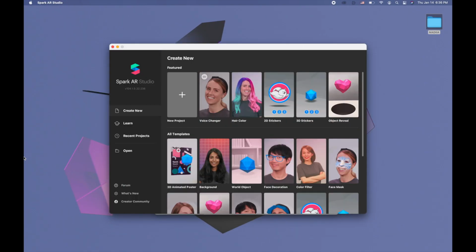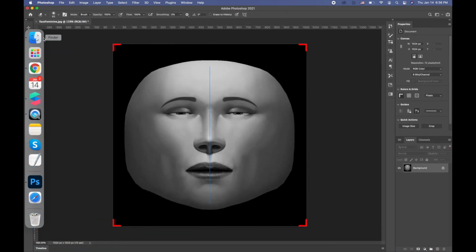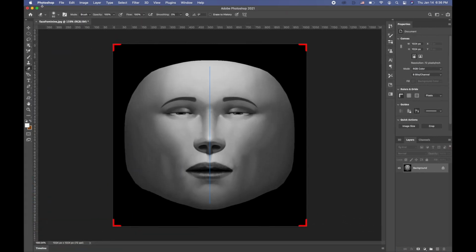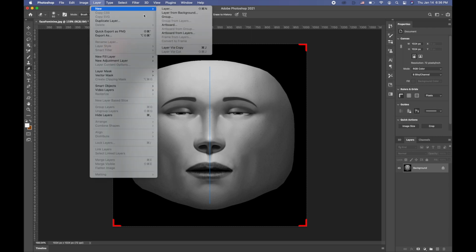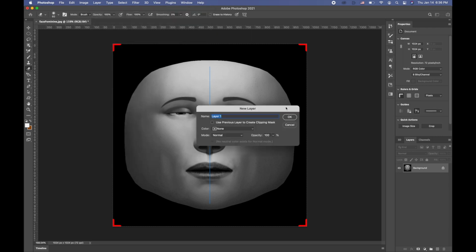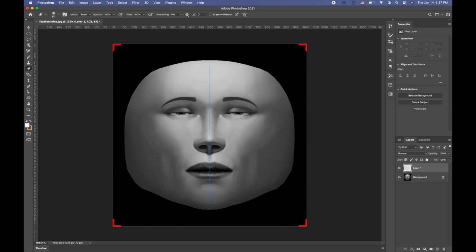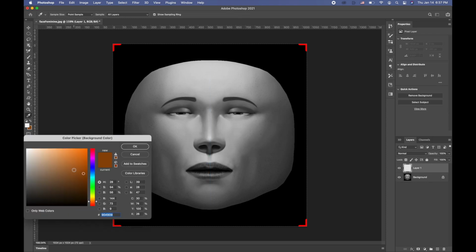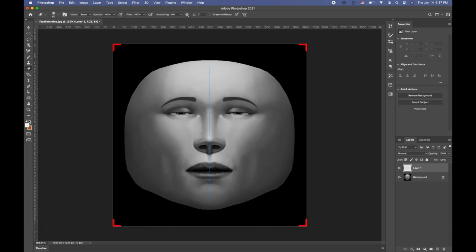So let me close this project and let's go to Photoshop. So we're gonna draw our contour. I have this picture of this feminine face, and now we need to go to Layer, New Layer. And I'm picking any color, for example this one. So now this color is active,